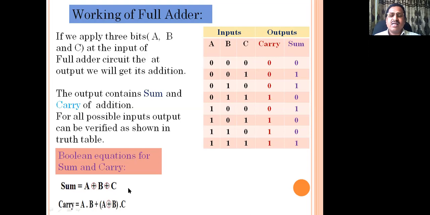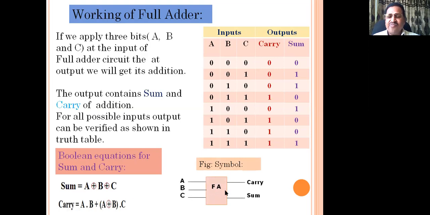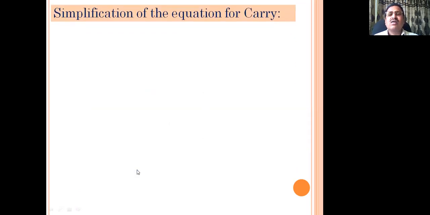We can represent the full adder circuit by using a simplified diagram, a rectangle labeled with FA inside it, meaning full adder. There are 3 inputs A, B, C, or A input, B input, and sometimes C is called the carry input, C in. There are 2 outputs, carry or C out, and the second one is the sum output, sometimes called S also, right? Let's see now.